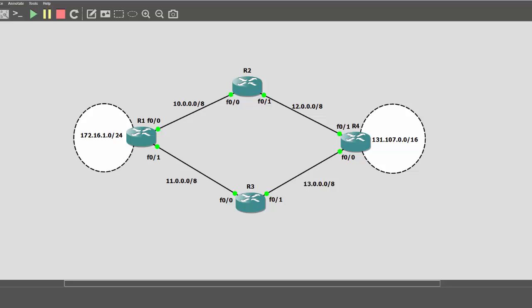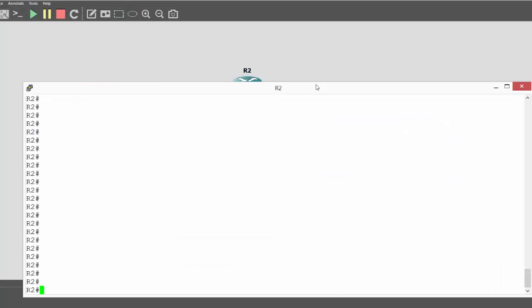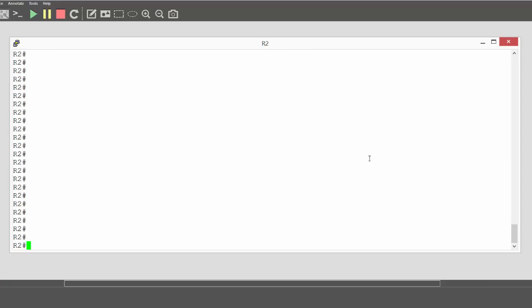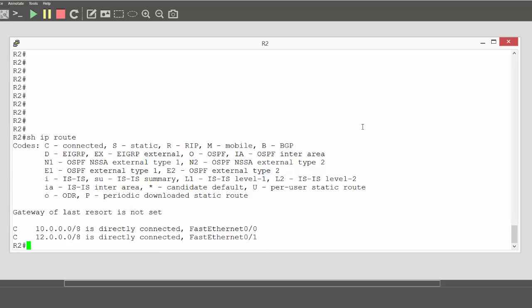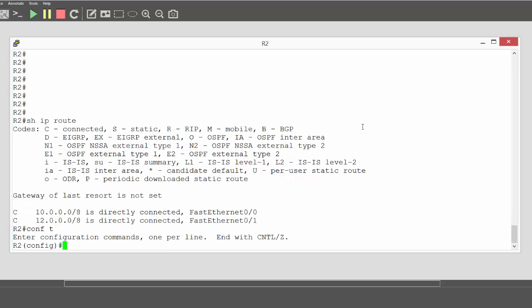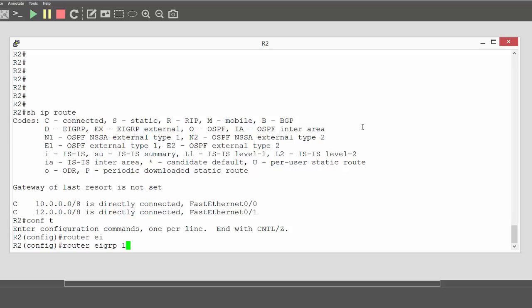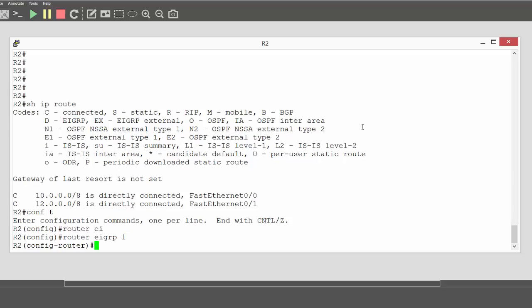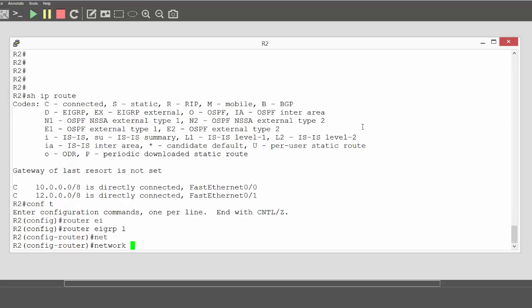So if I flip to router 2, and we'll start our configuration of router 2. So if I do show ip route, we can see the directly connected networks for router 2. And then from global config, router eigrp 1. Again, making sure now that the autonomous system number matches the autonomous system number used on router 1. And then 2 network statements for network 10